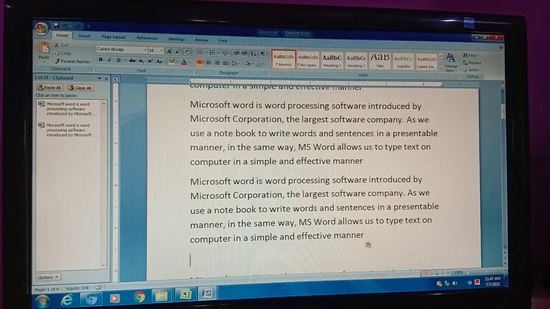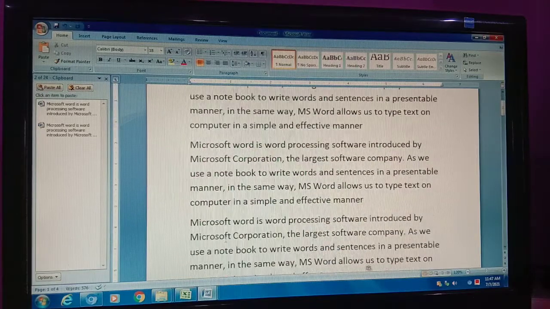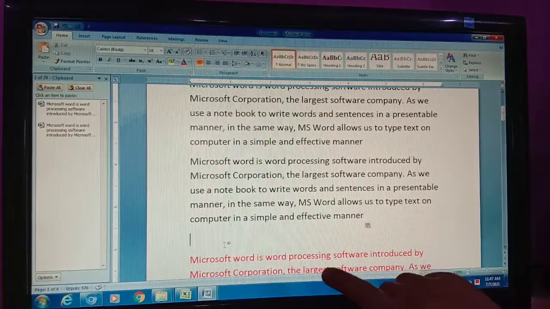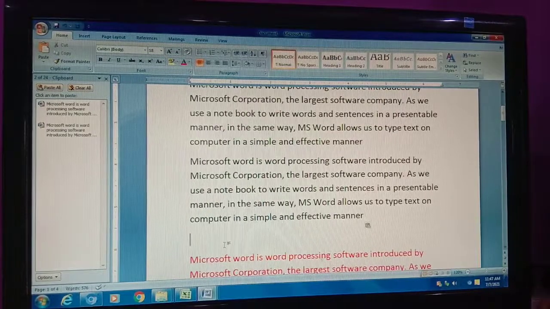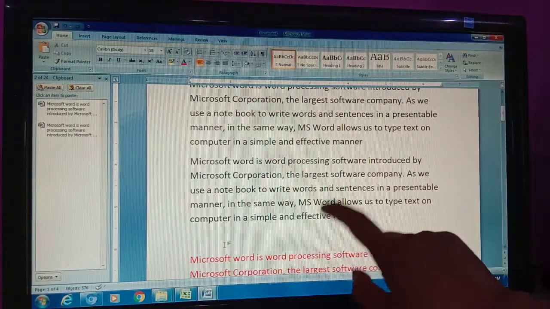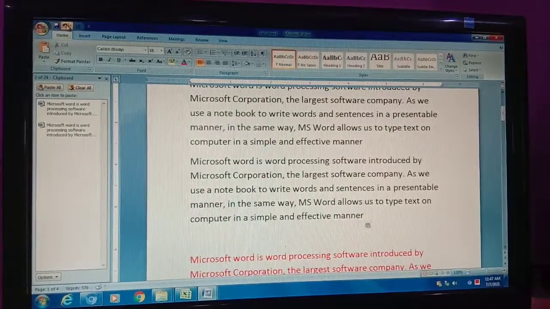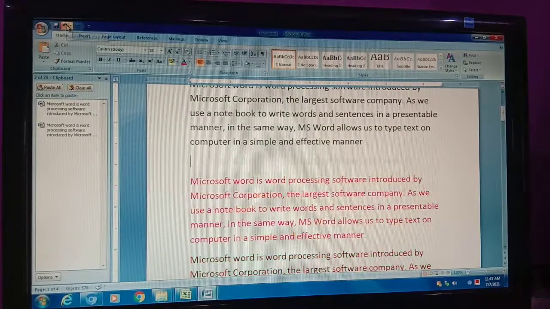Undo means to revert the action, to reverse the recent action. For example, 1, 2, 3 text are there, before this I have pasted. And this is pasted recently. So as I click on the undo command, it will be removed.